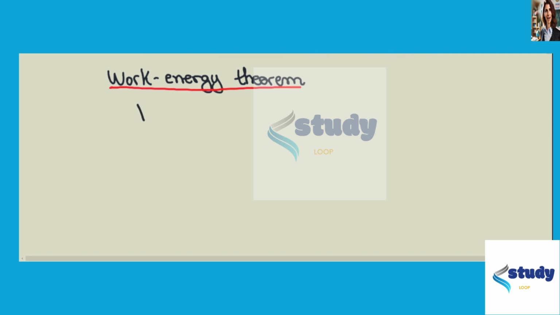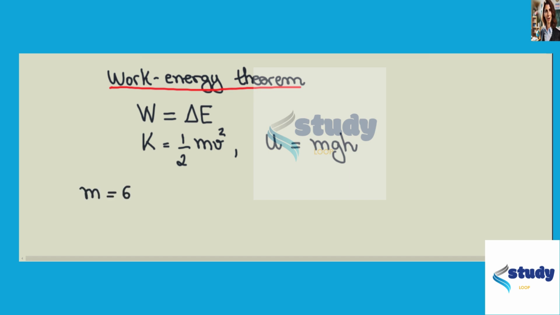So basically, let's say that a quantity W of work is done on a system, then the increase in energy of that system is equal to the work that's done in the system. Also, we need to remember that the kinetic energy is equal to 1/2 mv squared, while the gravitational potential energy is mgh, where h is the height of the particle and m is the mass. So what we have is a skier that has a mass of 62 kilograms,